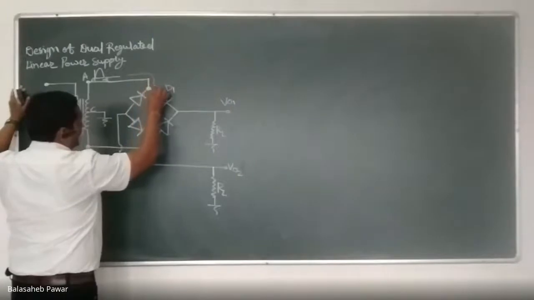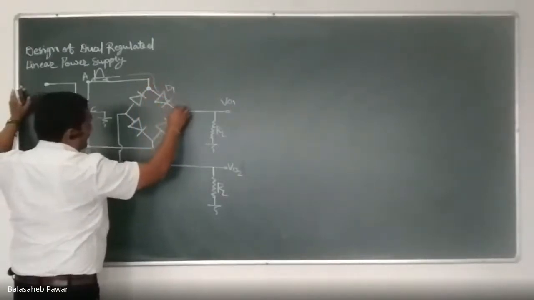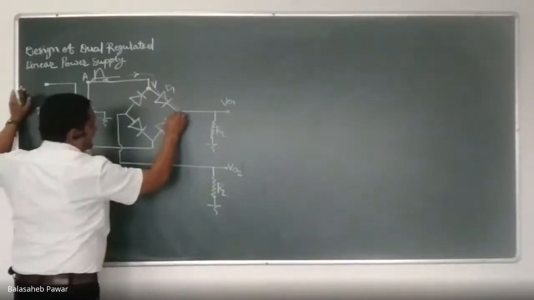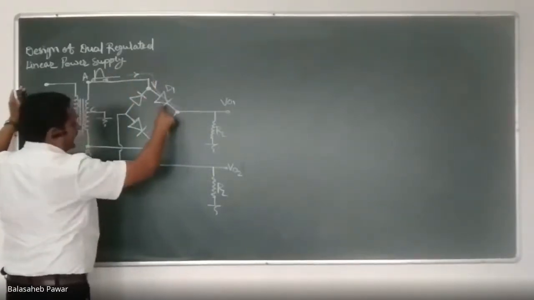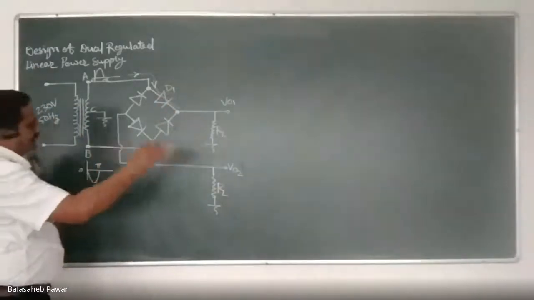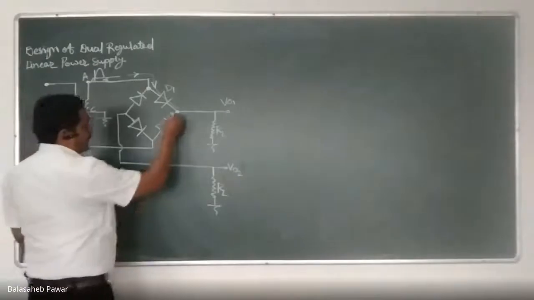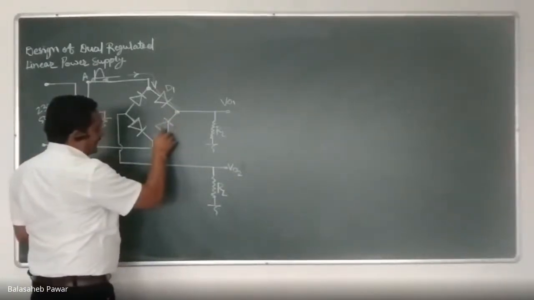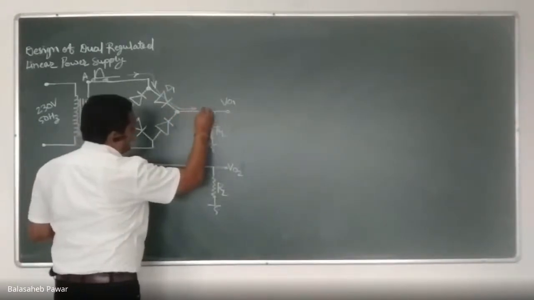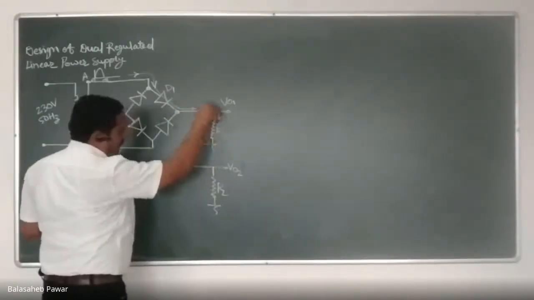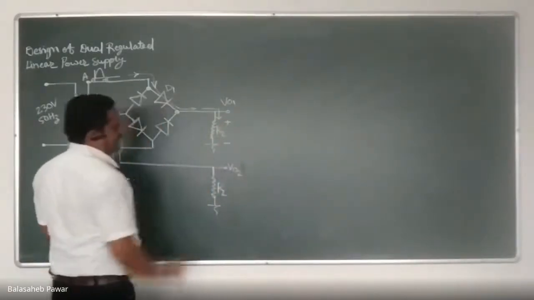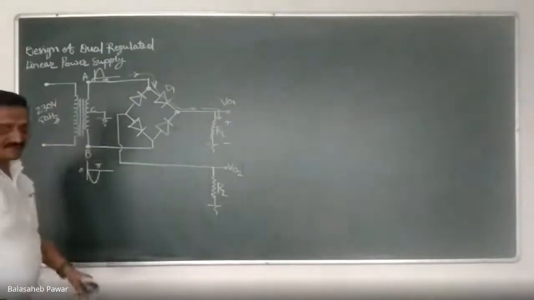the current due to the input through diode D1 will start to flow like this. Okay, and it will reach this node, which is formed again by these two diodes. Now we have to decide what will be the direction of flow of current later on. Whenever it reaches this node, this diode is acting as reverse bias, and that's why that current has to flow in this direction only. So current will be able to flow through RL as shown, and that's why there will be a drop across that RL with the shown polarity.